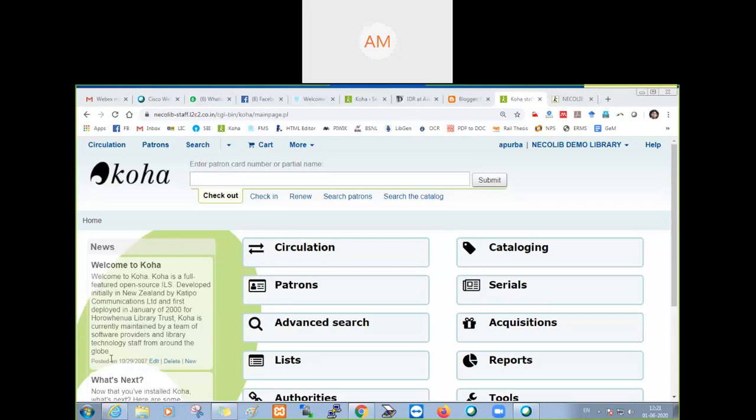That is a different question. We are in the meeting of Koha software, and you asked the name of the software. Is it separate software? Yes, that is Postfix. He is asking what software is required to configure the email. Koha will give the library database only. For sending the email, you need an additional software called Postfix. Postfix will help you configure the email and send the email from your server to the user.